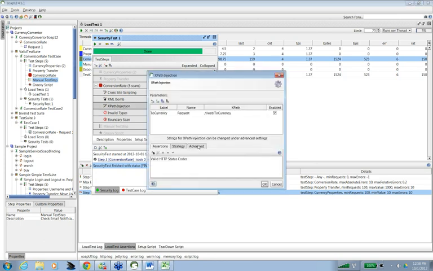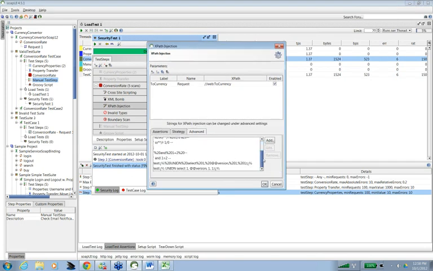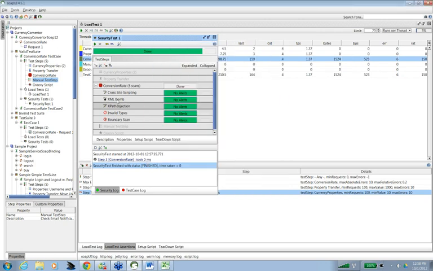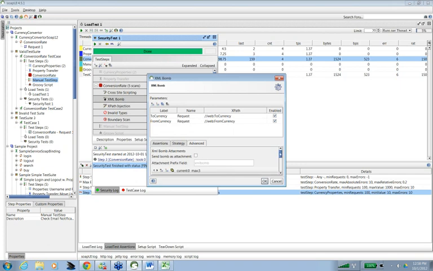In XPath injection, again it's going to use all these values. See, all these values are automatically created by SoapUI. If you want, you can add your own XPath injection values also, but it is actually a smart tool which is automatically doing all these things. Similarly, in XML bombing also there are a few. See here, there are so many XPaths which have been added, and you can add your own.